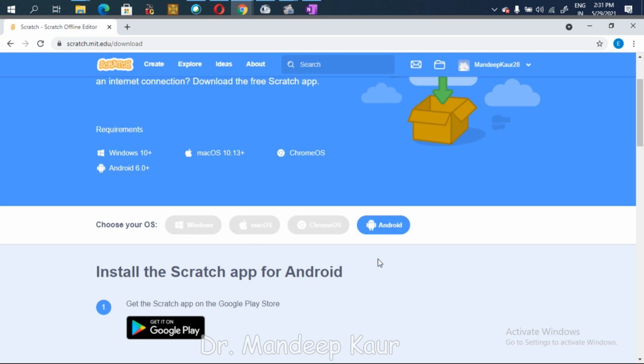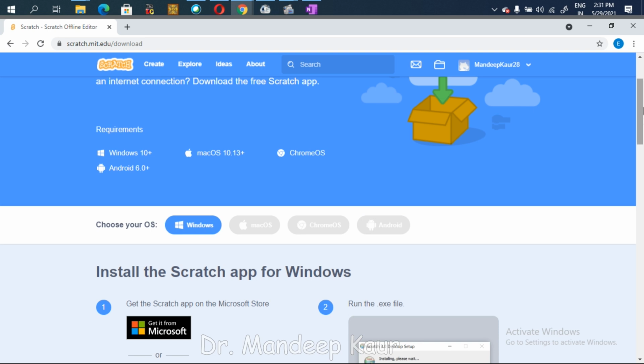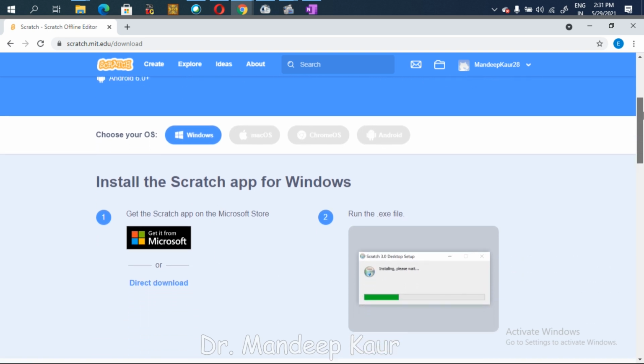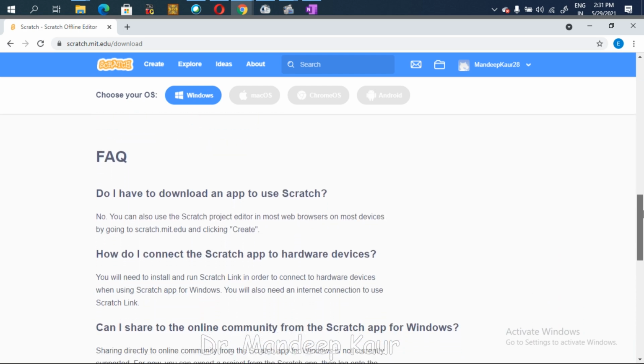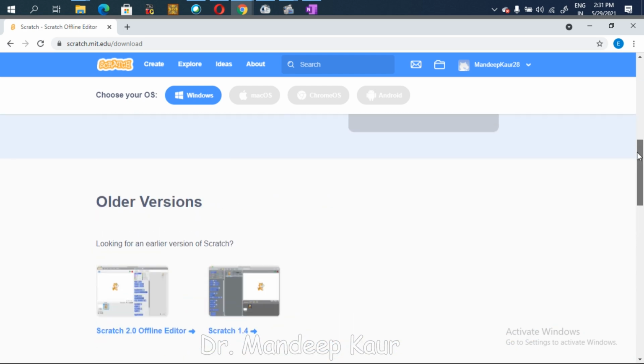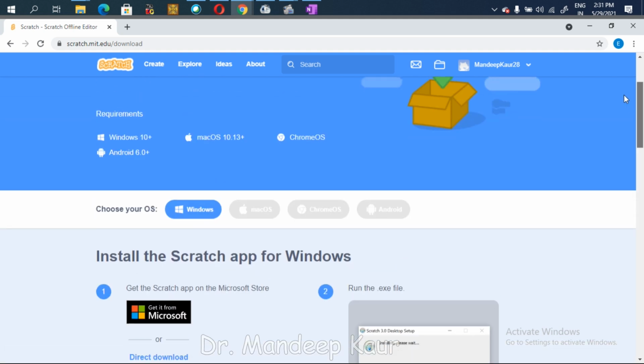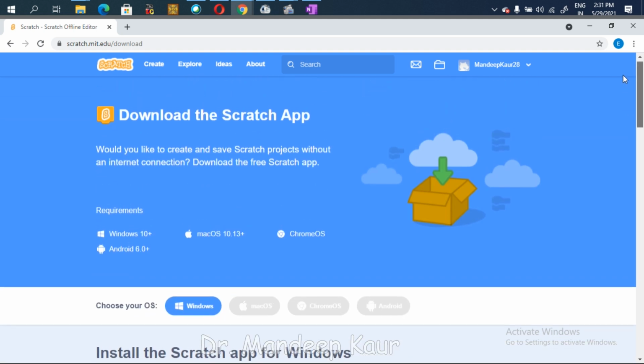If you have a tablet with the Android operating system, you can select this version. Because I'm using a laptop with the Windows operating system, I have selected this, and these are the versions which are available here. There are a few questions also, and if you want to see them, you can.